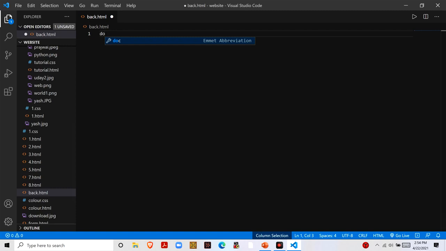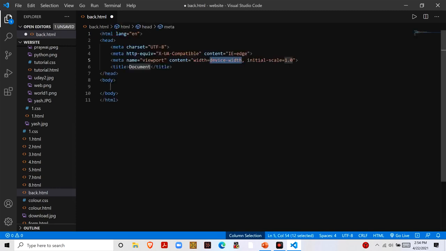Emmet abbreviation is a shortcut to everything. Like if I type doc, then it will print the format of an HTML file. So I will write here background CSS.